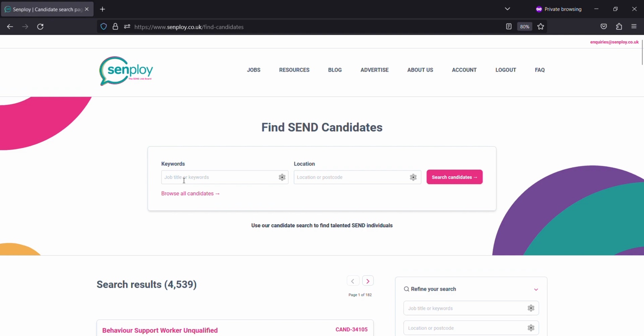For the purposes of this, I'm going to just leave the keywords and job title blank to pull in as many people as possible within a certain location. However, if you wanted to be more specific, you could write SEN teacher or teaching assistant or whatever the job title is of the individuals you want to pull in within that location, then you would obviously complete that in the keywords field. For location, I'm simply going to put,